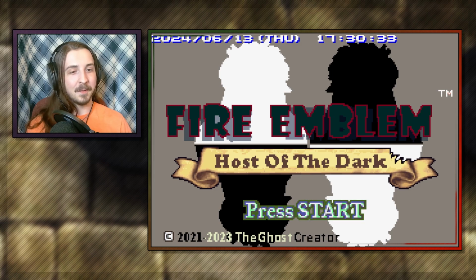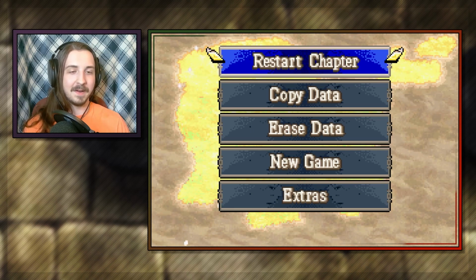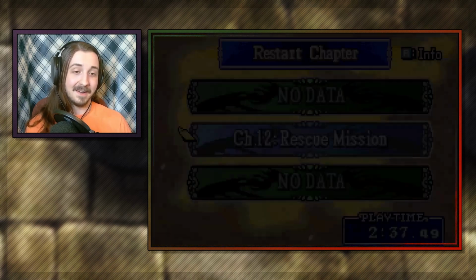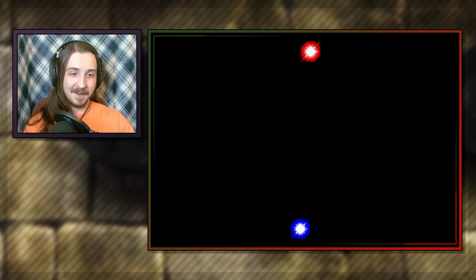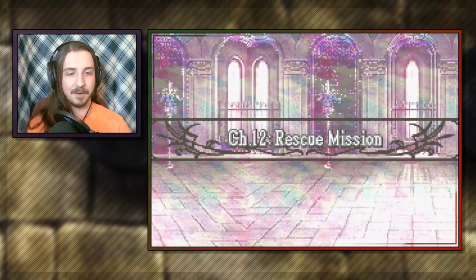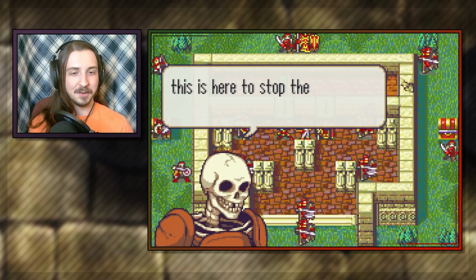Today I have the distinct honor of playing for you Fire Emblem Hosts of the Dark by TheGhostCreator, a currently complete Fire Emblem 8 ROM hack consisting of 25 chapters, a fully custom story, and plenty of fun characters to get your hands on. Today I'm going to be playing for you the illustrious Chapter 12 Rescue Mission, a mostly contained within itself chapter, or so I am led to believe. So that means that this one should be pretty fun all on its own, should give you a very good